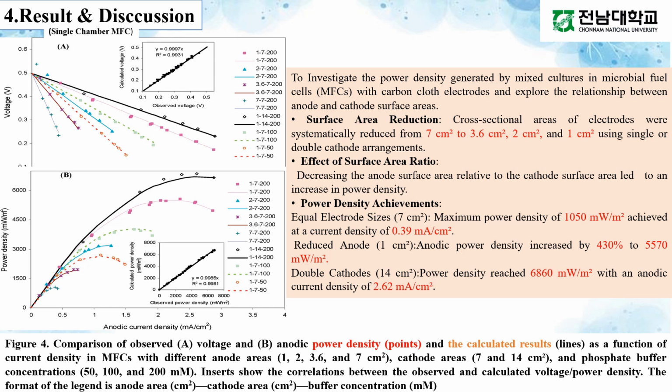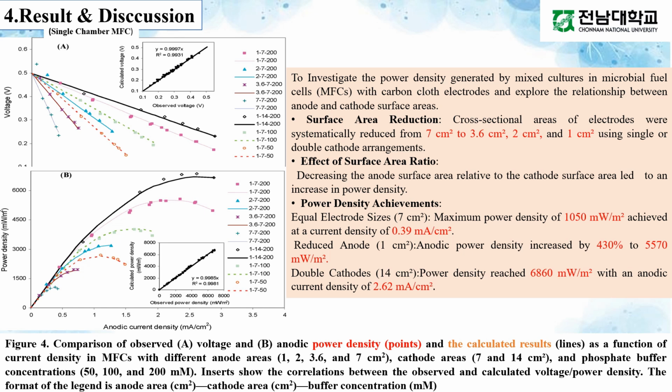A maximum power density of 1050 milliwatt per meter square was obtained at a current density of 0.39 milliampere per centimeter square in microbial fuel cells using equally sized electrodes, 7 centimeters square. This result is comparable to a previous study using the same electrode materials and similar solution chemistry. Reducing the anode surface area from 7 to 1 centimeter square resulted in a 430% increase in anodic power density,